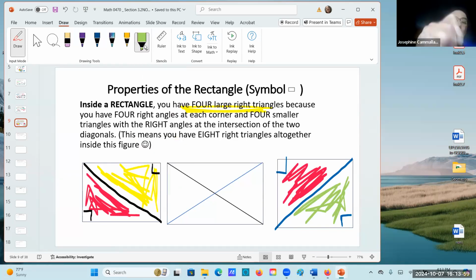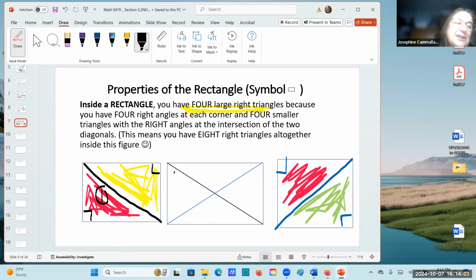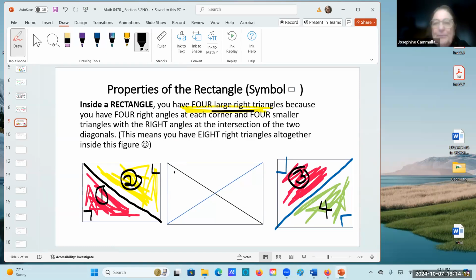Notice I have 1, 2, 3, 4 large right triangles. But here's the little catch. I have 4 smaller right triangles. And you're going to say, well, what do I mean? Well, first off,